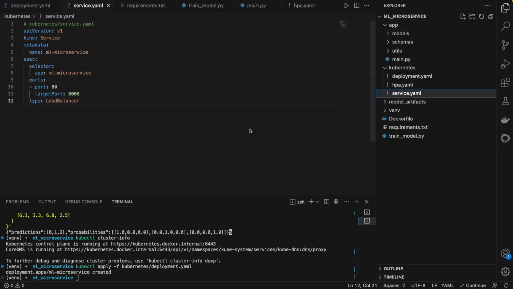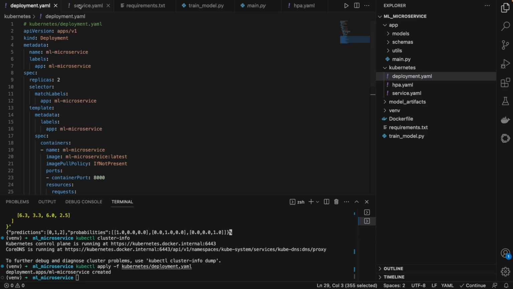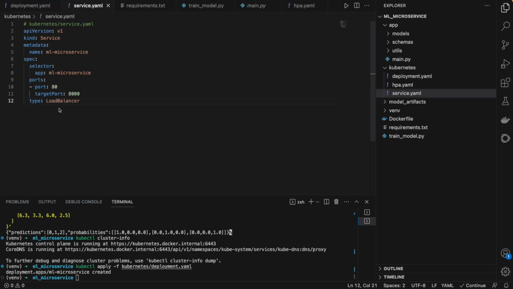In the same way, there is this service.yaml file. Here also you can see the API version is this, and the name in the metadata is this. This is basically a service which defines a load balancer. Whenever many requests are coming to my ML deployment, this service will automatically act as a load balancer and switch between the pods that were deployed in the deployment file. Here we have deployed two replicas, right? And the service.yaml will act as a load balancer, and whenever more requests come in, it will pass them to the other pod. So my deployment is done.